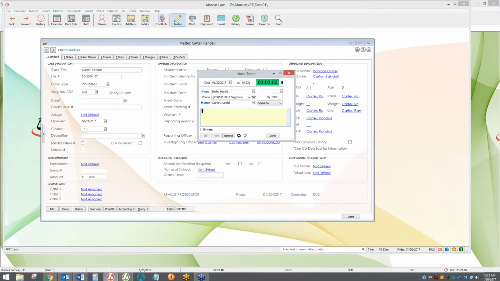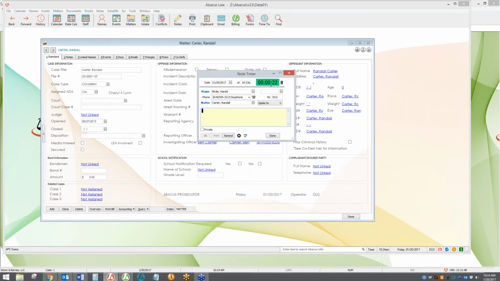And I'll jump back to the Abacus program to cover that as well. F2 basically means that with a single click, on the keyboard, without needing to reach for my mouse, I can actually open a note timer. I have it configured to start my timer automatically. But this is, in Abacus, the very quickest way to get to the point where your time is tracked,